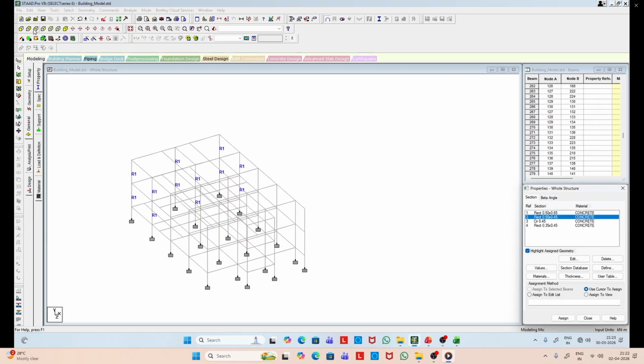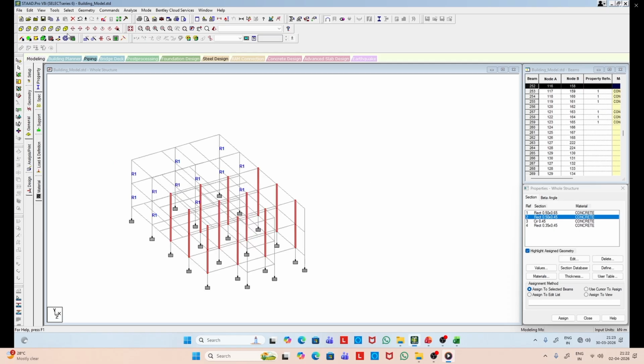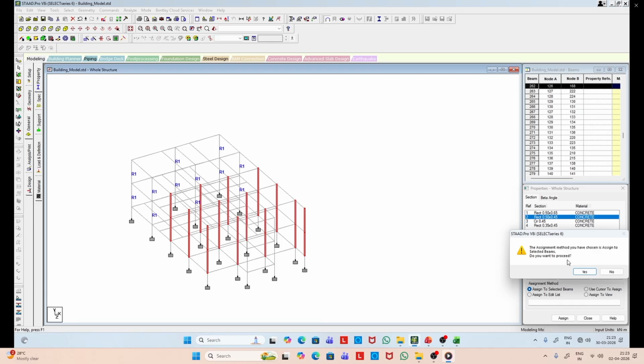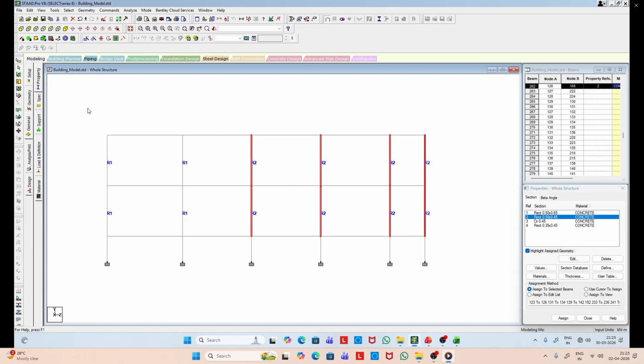So we select the second section property and then assign them. Now we can see R2 section property is assigned.